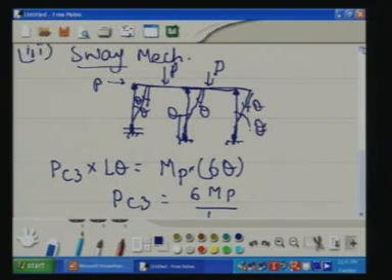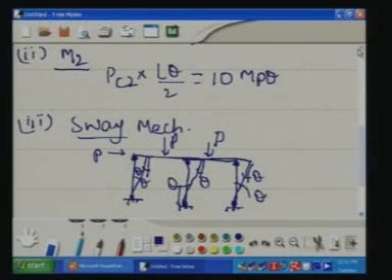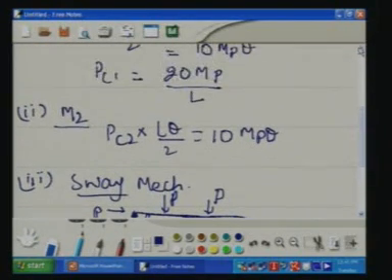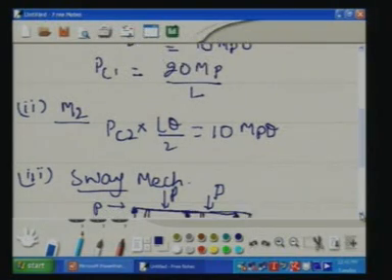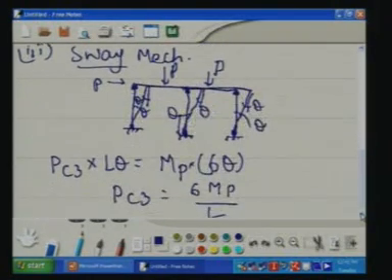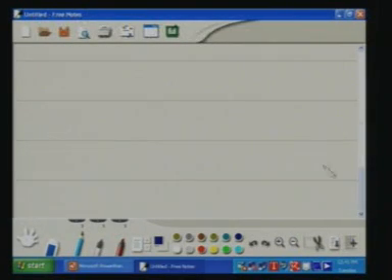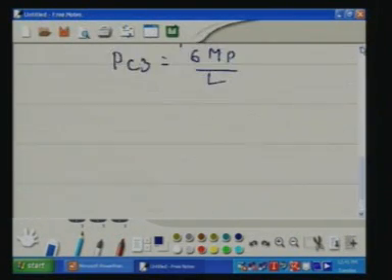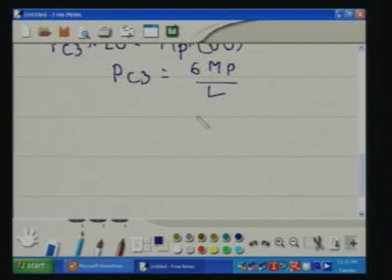So, if we compare the value from the first two mechanisms, that is 20 M p by L, this sway mechanism seems to be a lower value. So, this 6 M p by L will be more critical than the first one. Now, let us see the combined mechanism. So, what types of combined mechanism we are going to take, friends? Since this is our structure,